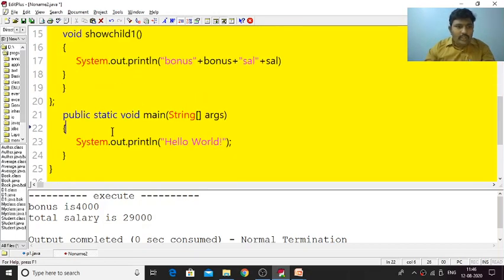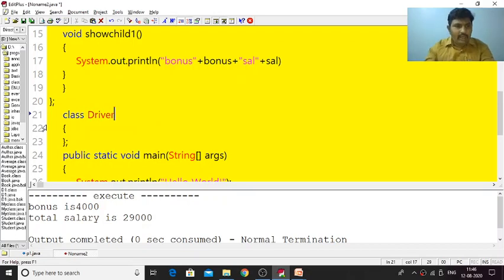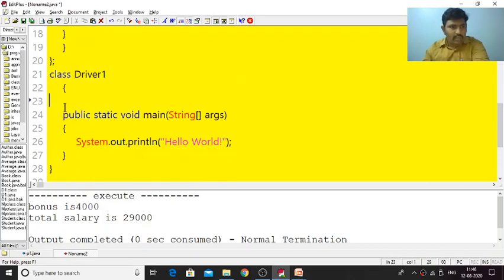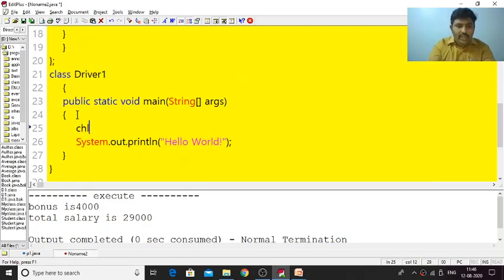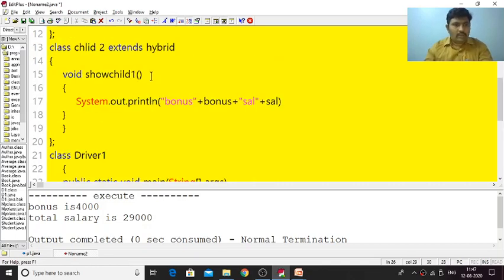Now what we can do is we write one another class for accessing all these classes. Class driver, my driver1. So let us remove here. Now we create the object for child1. Child1 c1 is equal to new child1, and like this create the object for child2 also. Child2 c2.